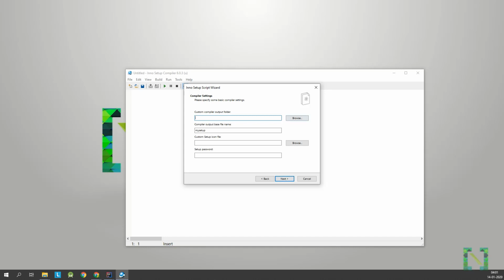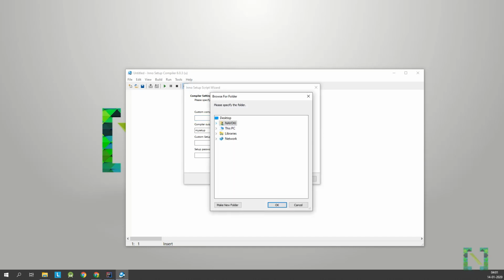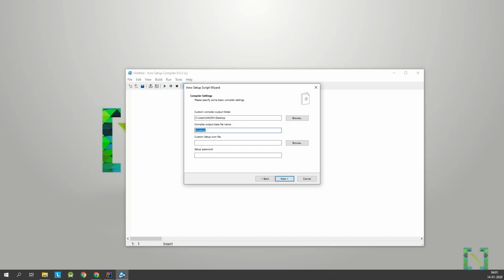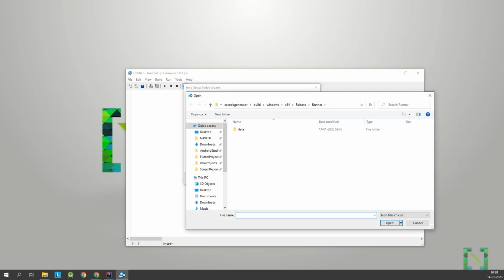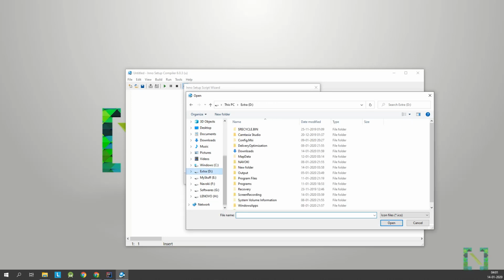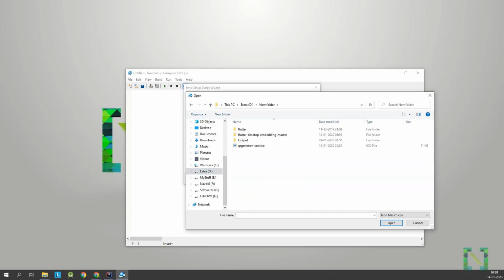Choose the output directory where our installable exe will be created. You can also select the icon for your installer file. I have used the same icon that I have used within the project.